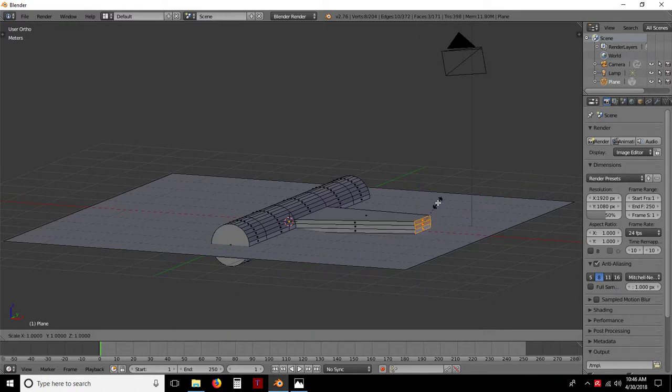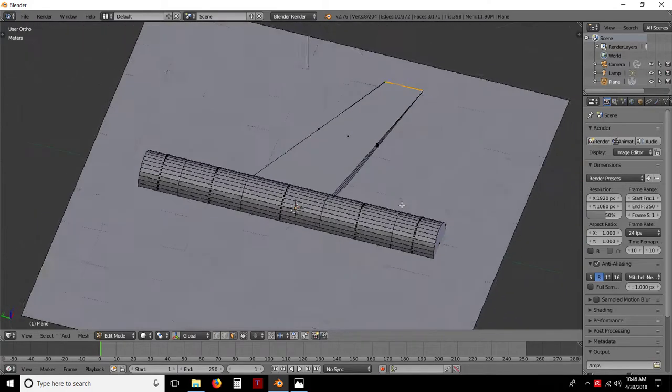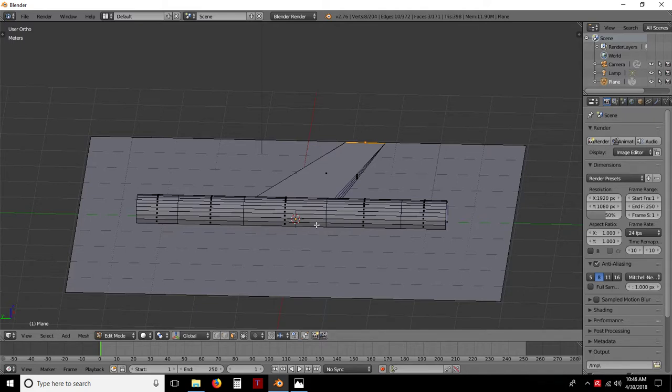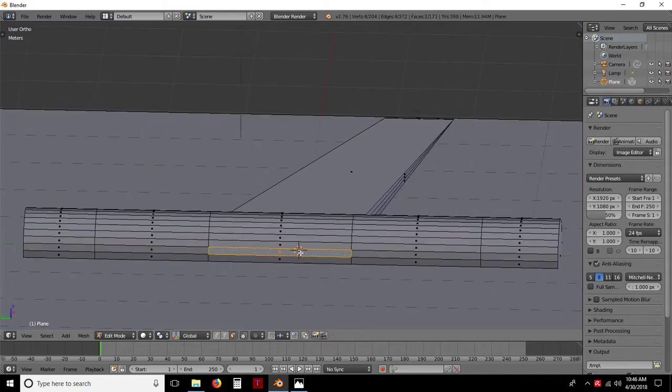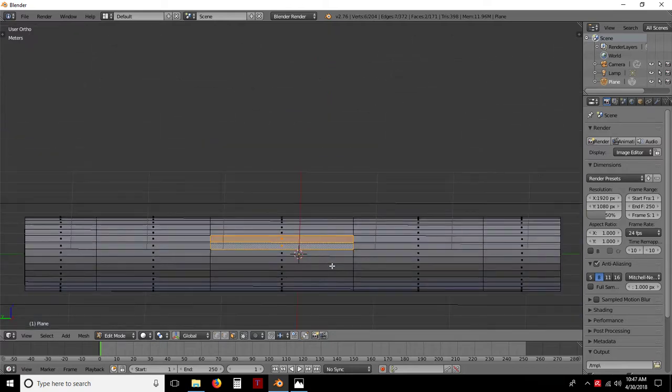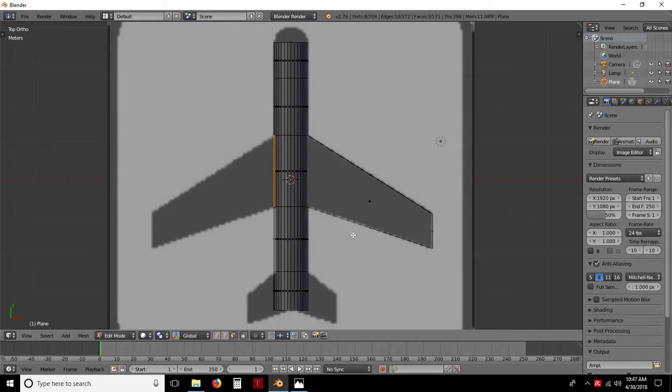I want to scale along the Z. That's right. I want to scale along the Z, kind of bring it almost to a point. Okay. Then you'd want to do the same thing for the other side. Since we're not using a mirror modifier, I'm going to go here, hold down the shift key, grab this one, come over and hit this one, go back to my top, scroll back out, extrude, and we'll take it right